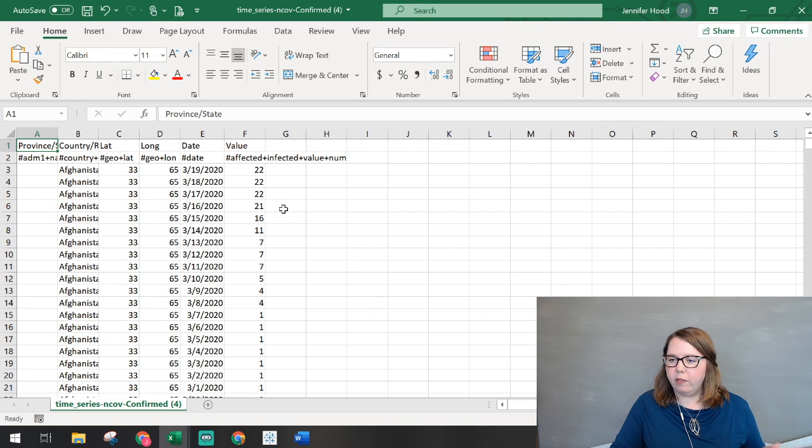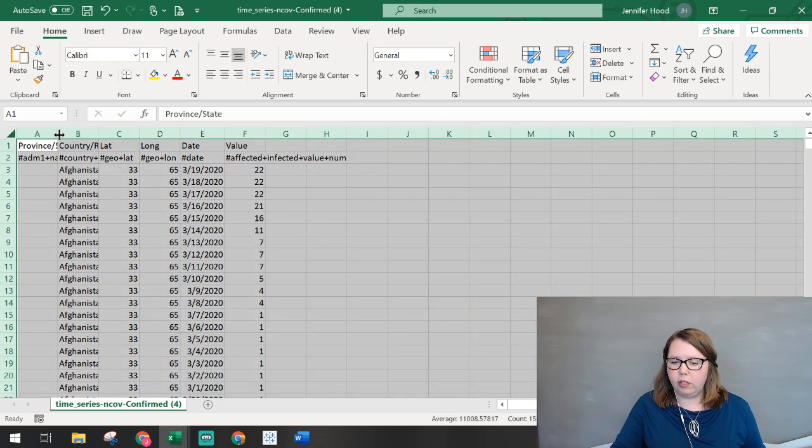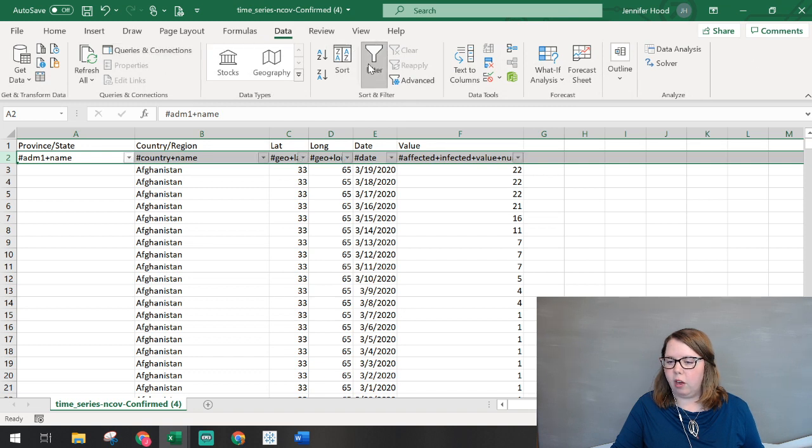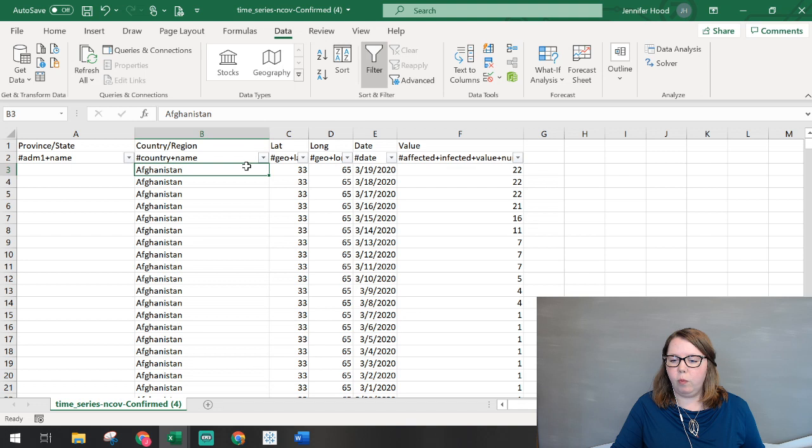All right, so we've got this spreadsheet up here with our confirmed cases. I'm just going to go ahead and expand my columns so I can see them easier. And I'm going to go through and put a filter on this. It's going to take a few minutes for me to show you exactly what I did. I want to walk through the process though, because I think the step-by-step is helpful for you, but knowing my thought process is going to help you better long-term. It'll tell you more about how to look at something that's maybe completely unrelated in the future.